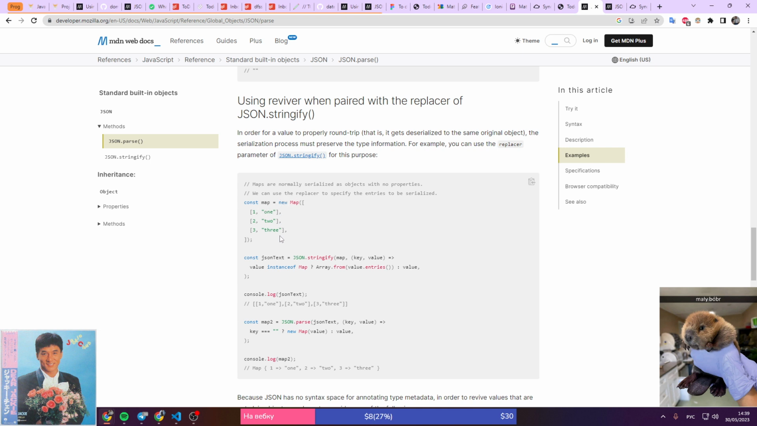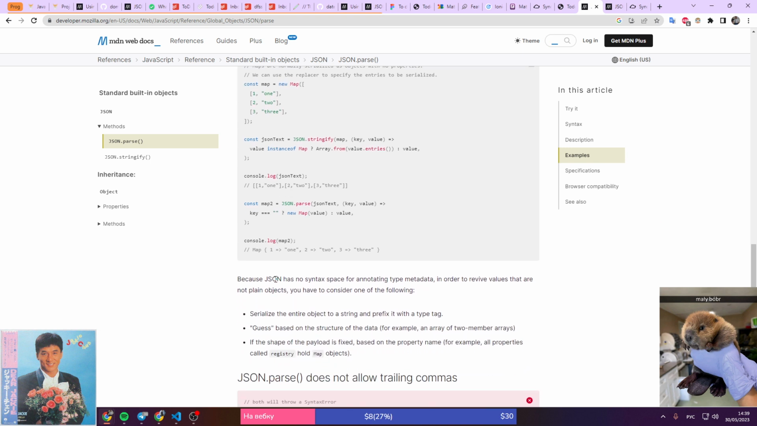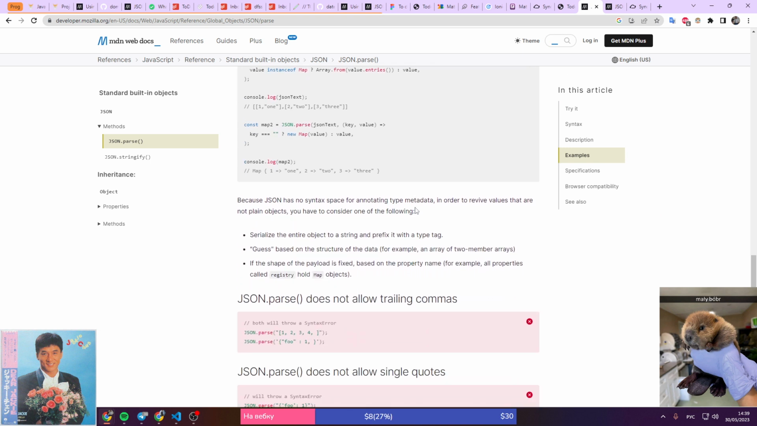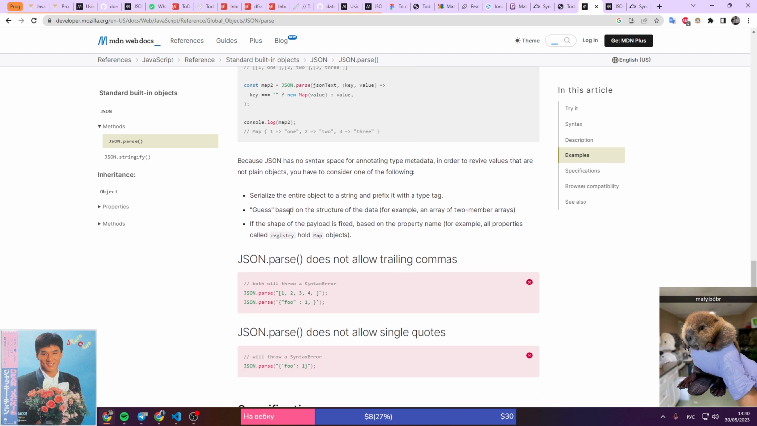Что такое Map? JSON text stringify. It has no syntax space for annotating type metadata. In order to revive values that are not plain objects, you have several options. Serialize the entire object to a string and prefix it with a type tag. Guess based on the structure of the data, for example, an array of two members. If the shape of the payload is fixed based on the property name,